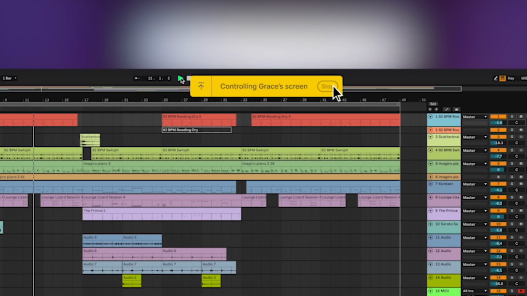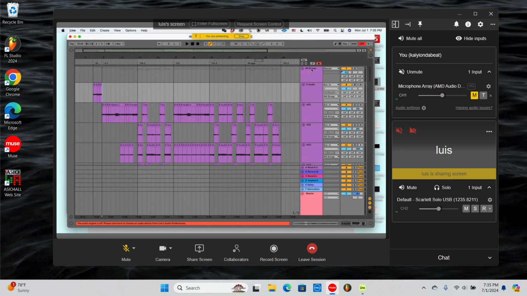If you give someone else screen control while you are sharing your screen, they are able to control your mouse and essentially operate your computer remotely. This can be really powerful if you're an artist working with a mix engineer who wants to make some tweaks on your session without you bouncing all the stems to a different DAW. It could also be useful if a producer wants to make changes to your production but doesn't have all the plugins and instruments to work on their own computer. Your recording engineer can even run a remote recording session on their computer through your DAW to remove any latency